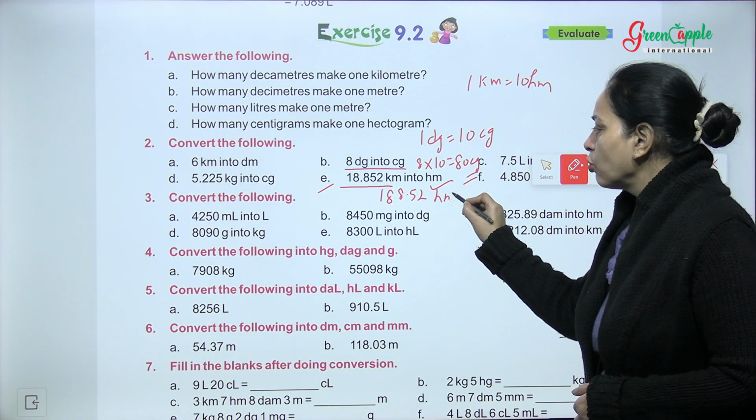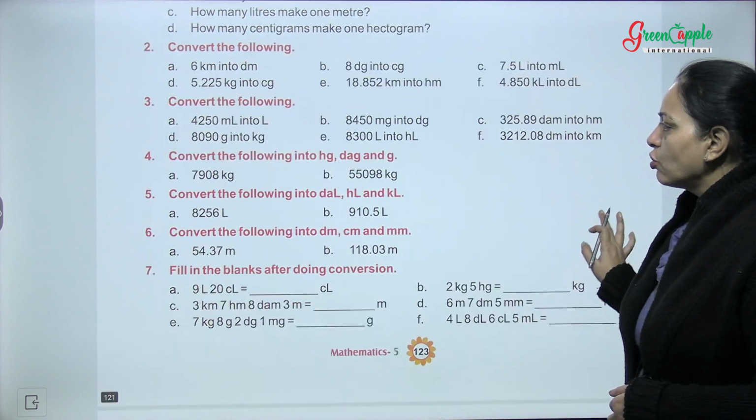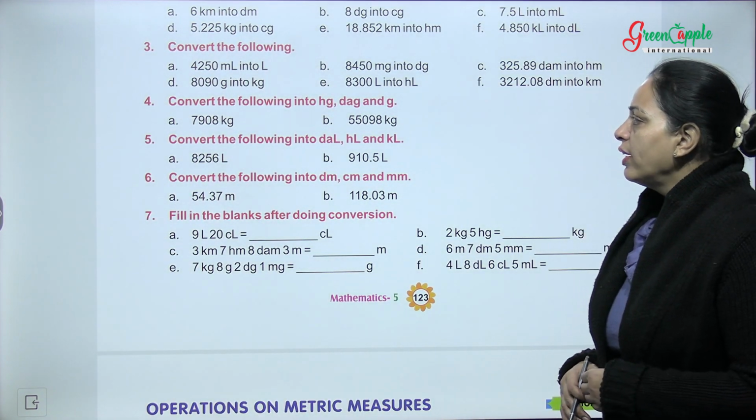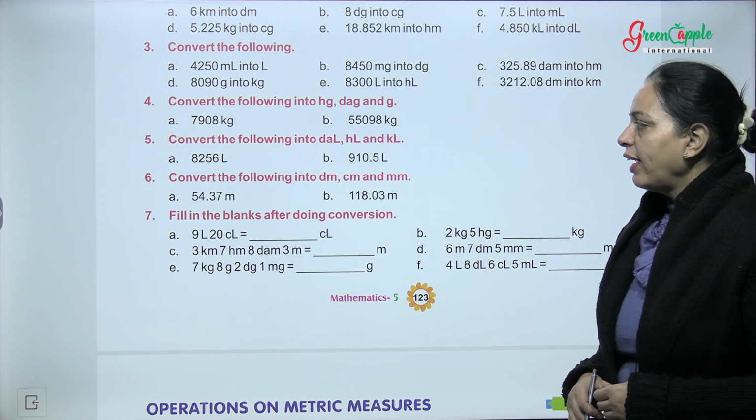188.52 hectometer. Similarly, you can try remaining parts. Third question is conversion. Fourth, fifth, like convert the following into decaliter, hectoliter and kiloliter. Like here A part,